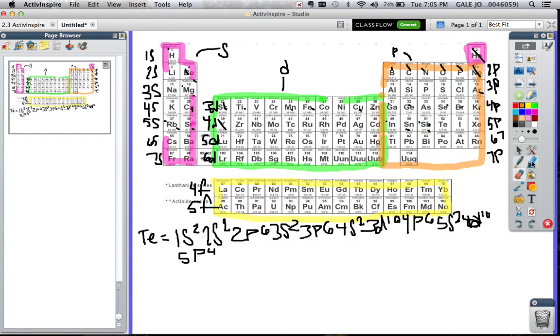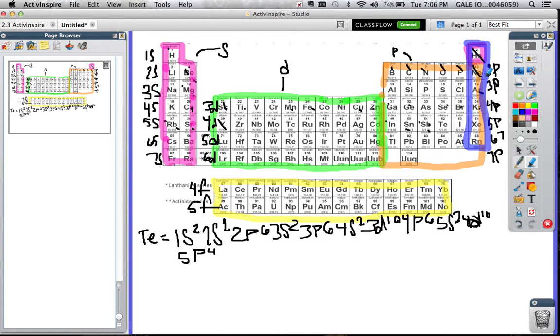Okay, so I'm just going to label these orbitals back again so you can see them. But for the shorthand version, we're going to look at the noble gases. The noble gases are located right here. These right here are the noble gases, and they're going to help you out a lot because they help us